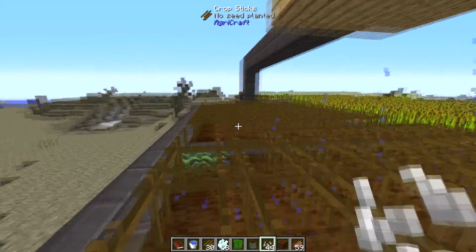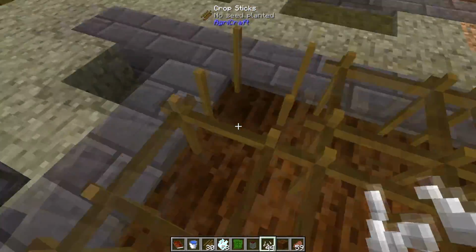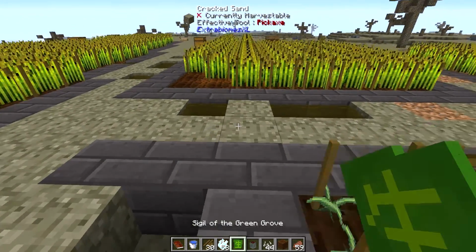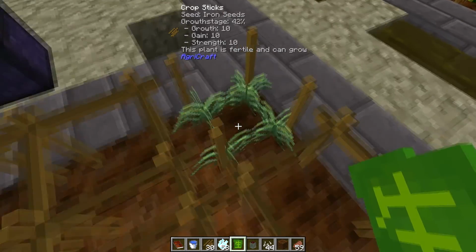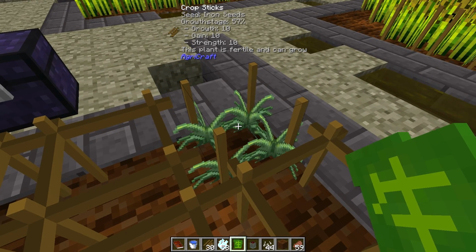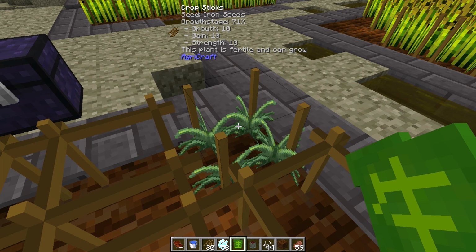So we will let this go. It's going to take a little bit of time for it to go across. And what I'll do is I will show you what the Sigil does. So the Sigil is going to use your own blood network to help grow things. As you can see, 14, 28, 42. It's pretty effective. But I believe it's something like 100 blood or 100 life points per tick or something like